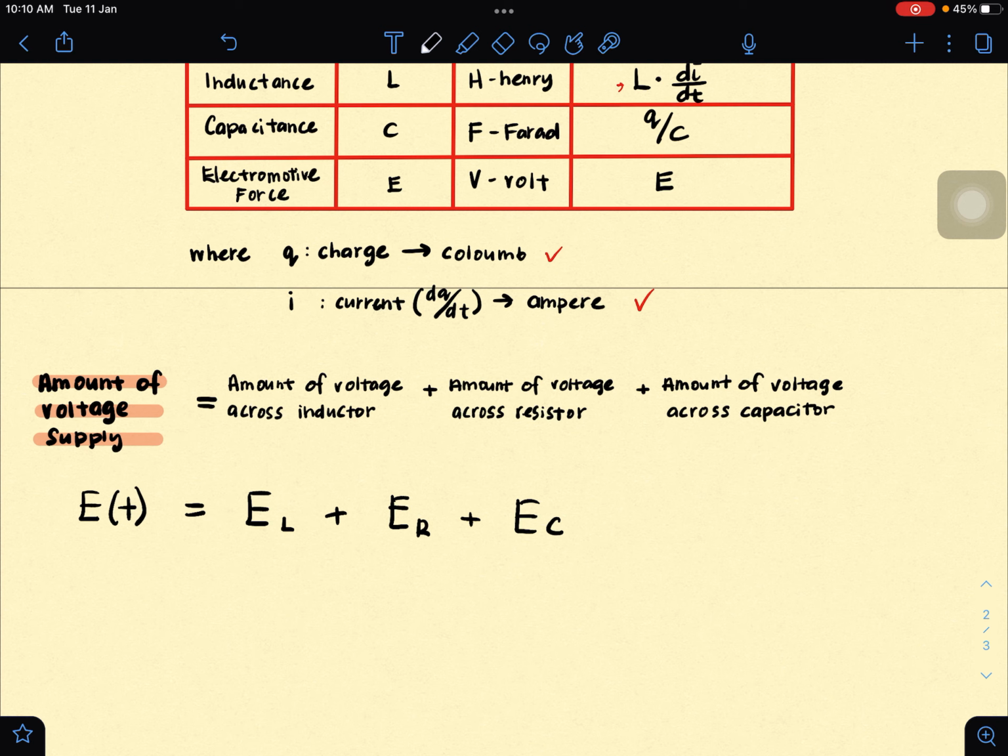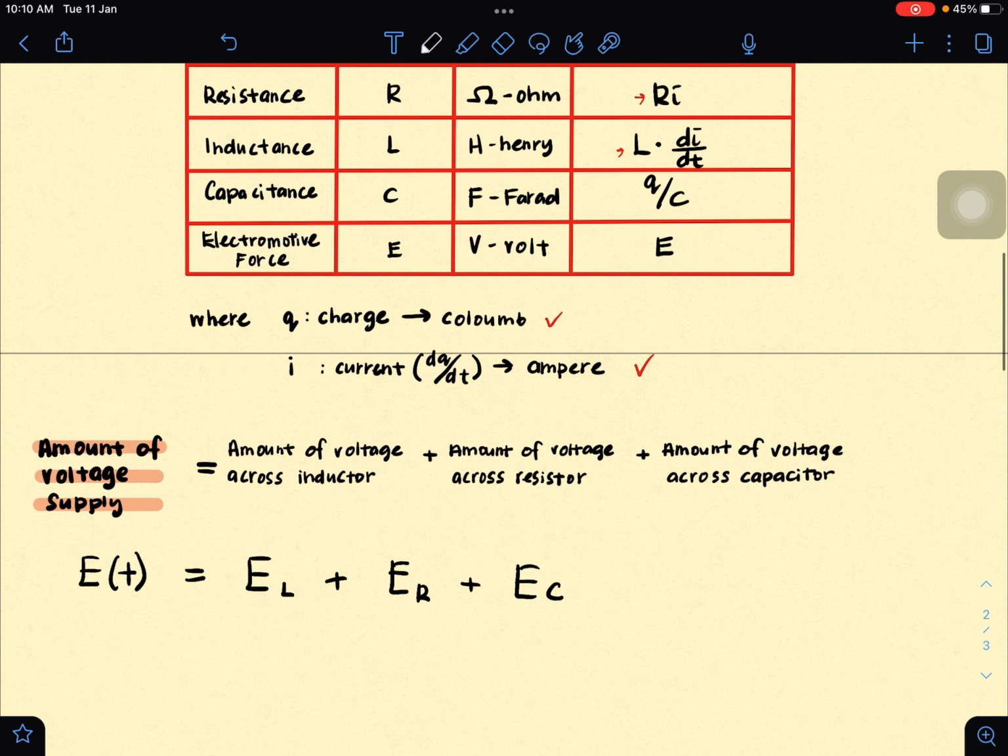So the amount of voltage supply is equal to the amount of voltage across the inductor plus the amount of voltage across the resistor plus the amount of voltage across the capacitor, where we know that the voltage across the inductor can be written as L multiplied by di dt. So we write it as L multiplied by di dt, plus the voltage across the resistor, which is Ri,